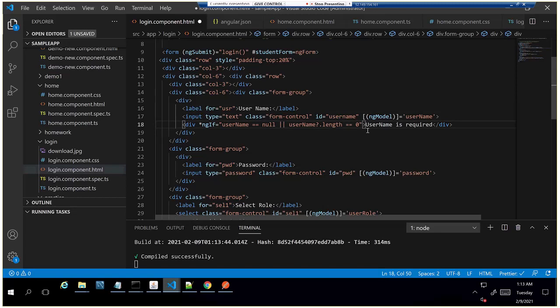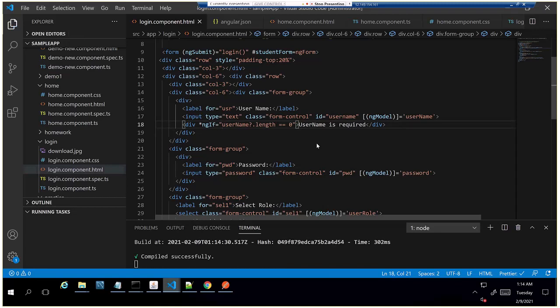Not optional. Actually, this will check for the not null condition of this username. First it will check the not null condition of the username, then it will check the length. Actually, here it is checking if it is null, then it will execute only this. Otherwise, it will come here and execute. So in that case the second statement should be more than enough, right? Why do you need the first statement? Yeah, this is not required actually. But now you removed the question mark, so I'll add the question mark now. It will check for null and then check the length.